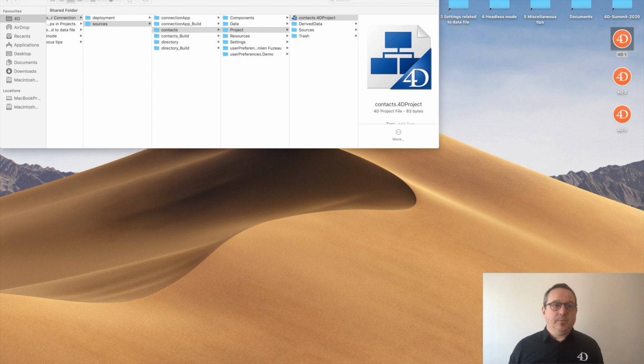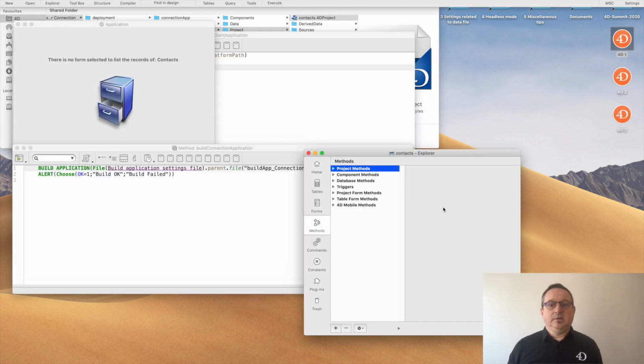It's very simple, but if you build a client-server application like this, it will build a client application. As usual, this client application will connect directly to the 4D server. What we have to do now is to embed the connection application into the 4D client application.